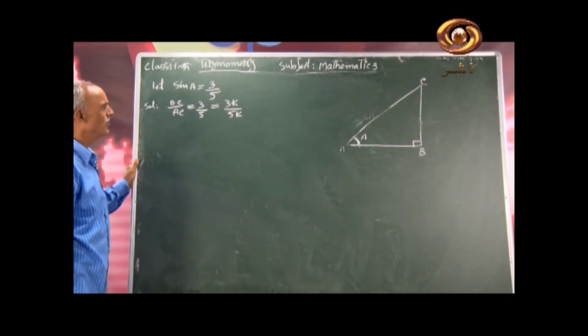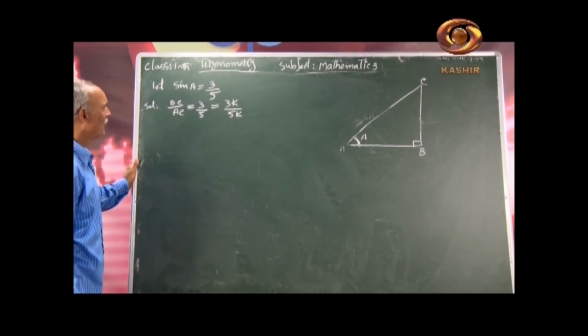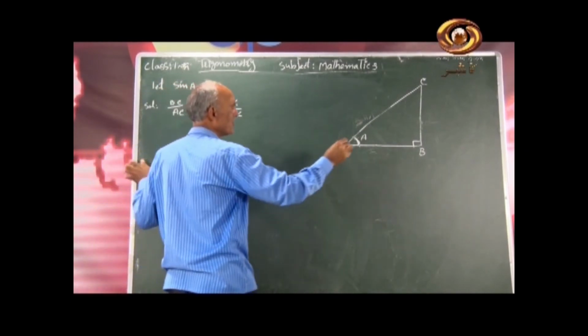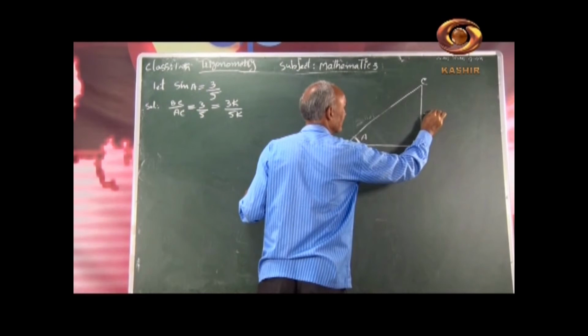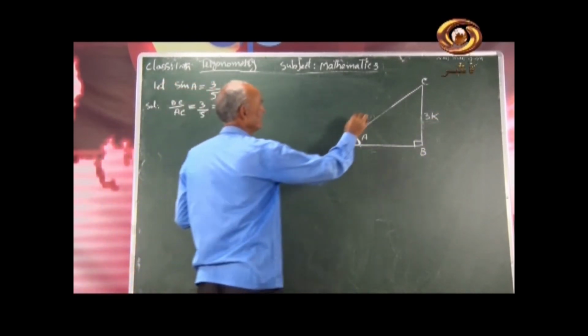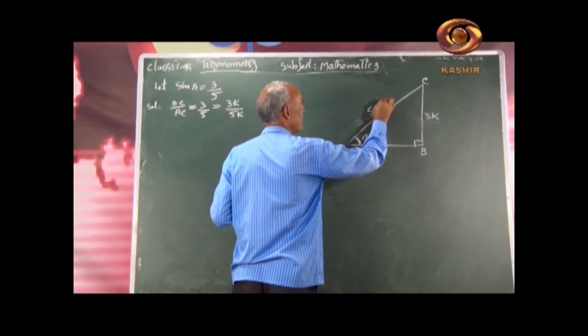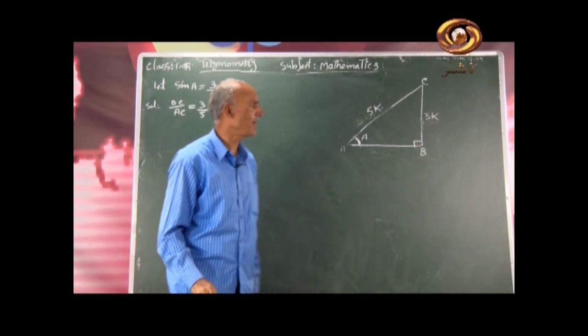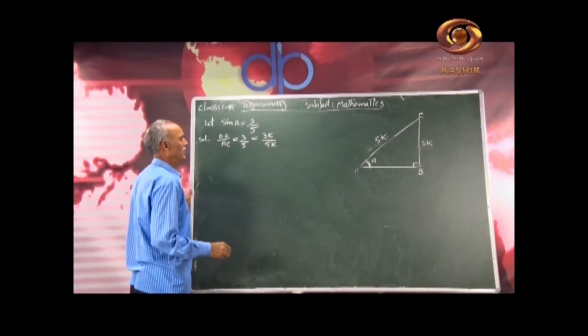कांस्टेंट ऑफ प्रोपोर्शनलिटी इसको बोलते हैं हम. So we can take BC is equal to 3k. BC को हम 3k मान लेते हैं and AC is equal to 5k. AC को 5k मान लीजिए. Then we have to find the third side with the help of Pythagoras theorem.